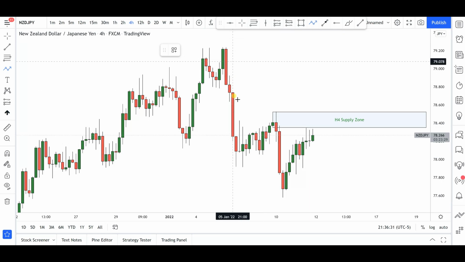Okay, this is the move that started the bearish move, and then we got this nice push again to the upside, then a further continuation to the downside that broke this level of structure to the downside and created this 4-hour supply zone in the process. Okay, right now you can see price has given us a retracement into that 4-hour supply zone. Okay, we just pretty much tapped that 4-hour supply zone in this particular candle,